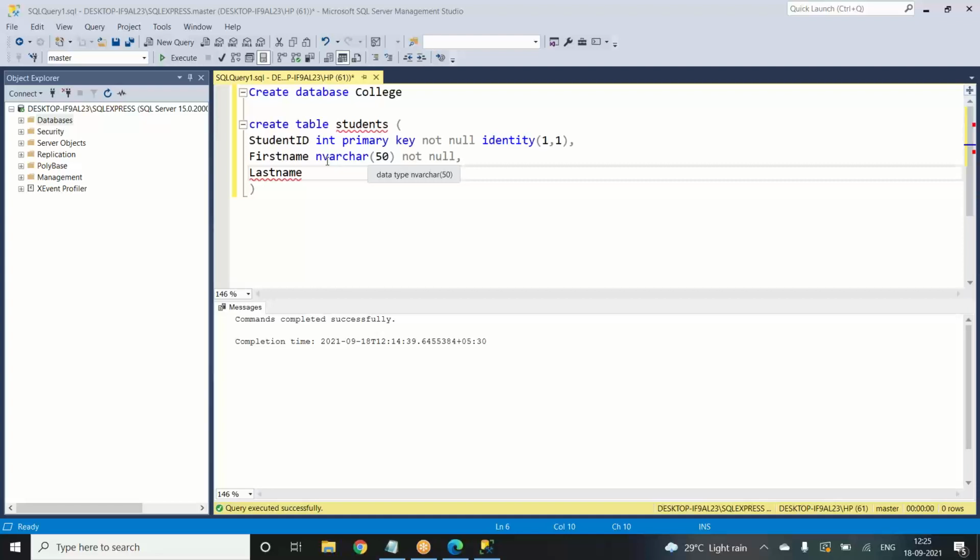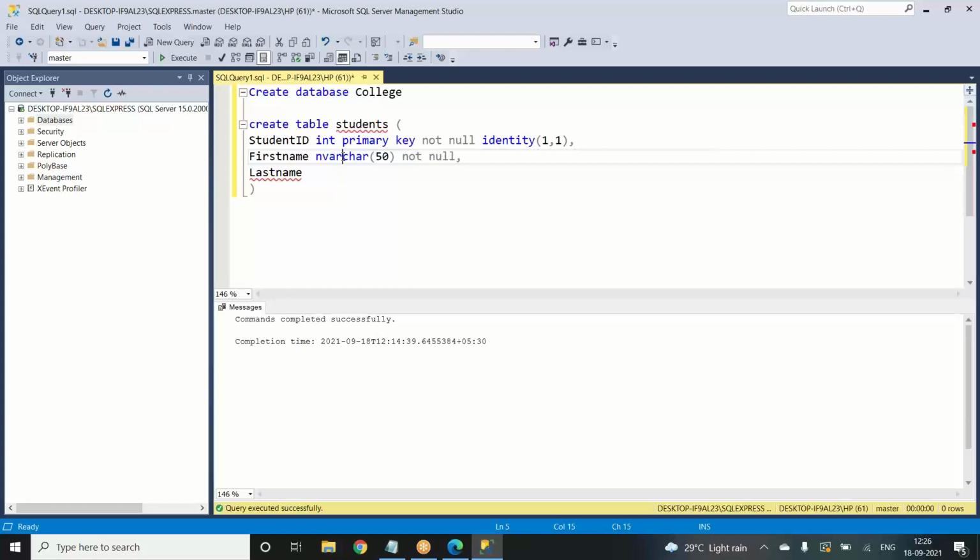I'm just keeping this to give an idea of what the different kinds of data types are. There could also be numbers in the first name, like Henry the Fourth. I don't think Henry the Fourth will be studying today, but yeah, we can have.